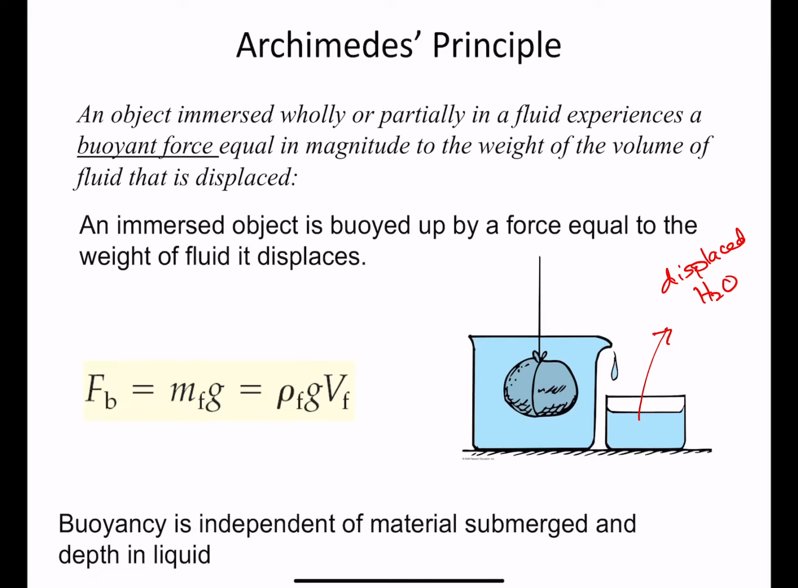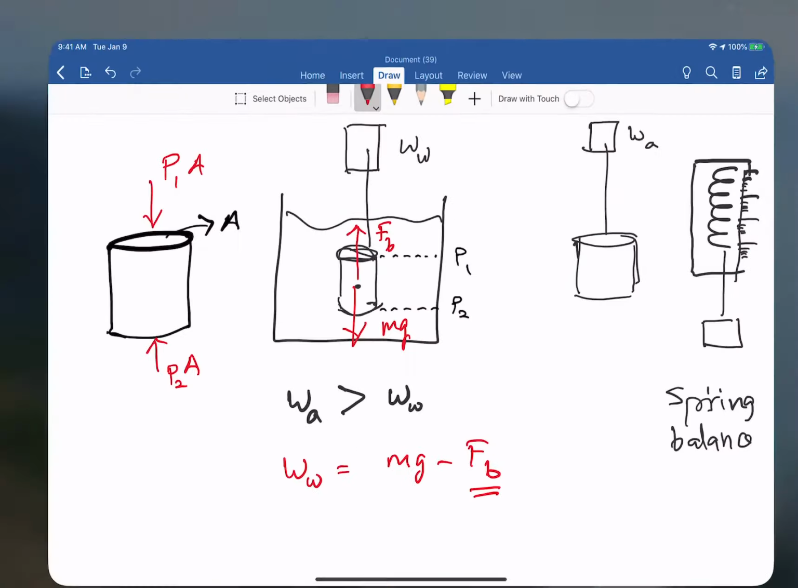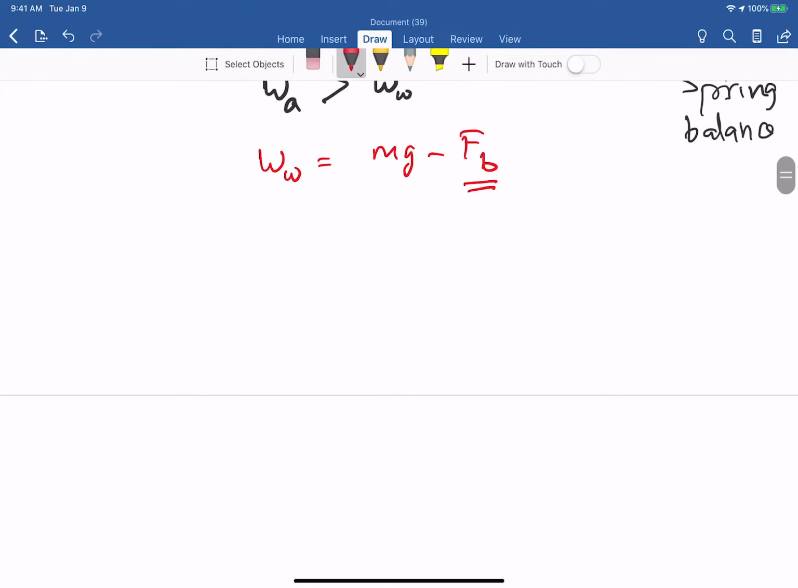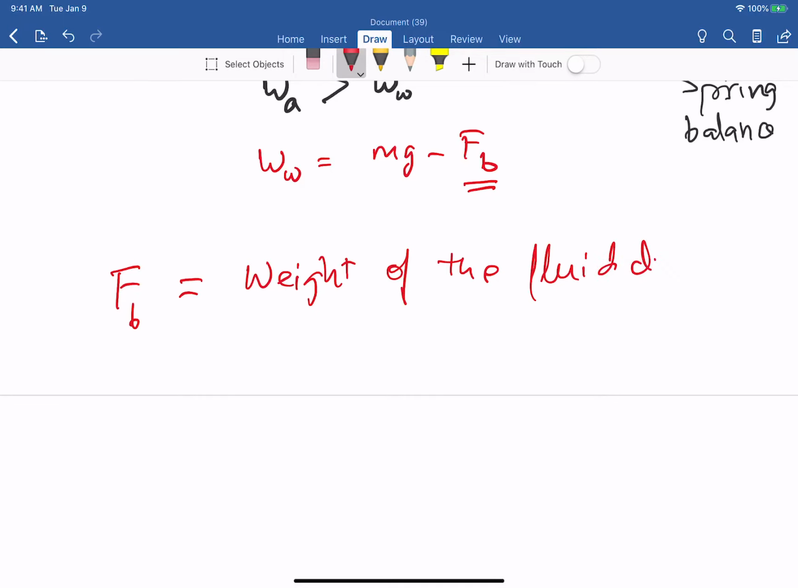Okay? So Archimedes principle says that buoyant force is equal to the weight of the fluid displaced. That is Archimedes principle. Now it turns out that we don't need to actually do this experiment of filling up a beaker with water and then collecting all the displaced water. We don't really need to do it, because we can actually go ahead and calculate the buoyant force